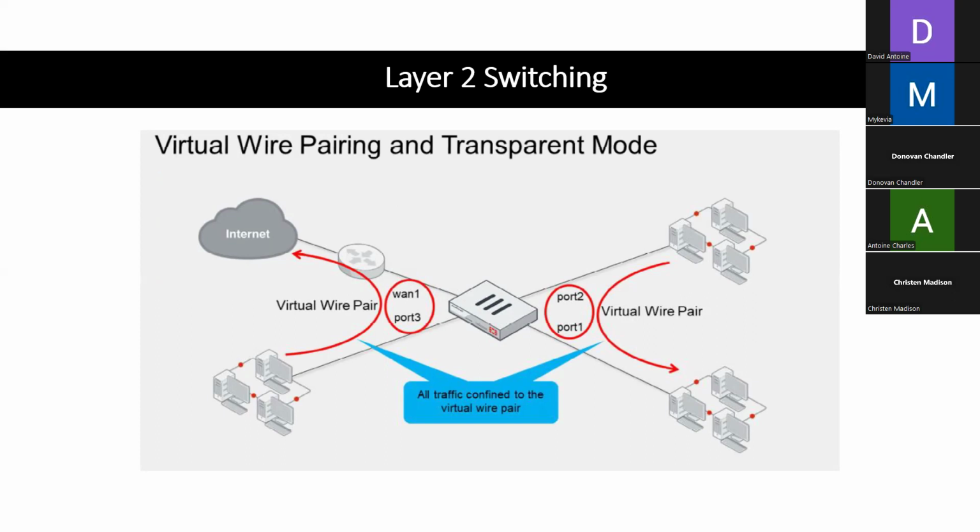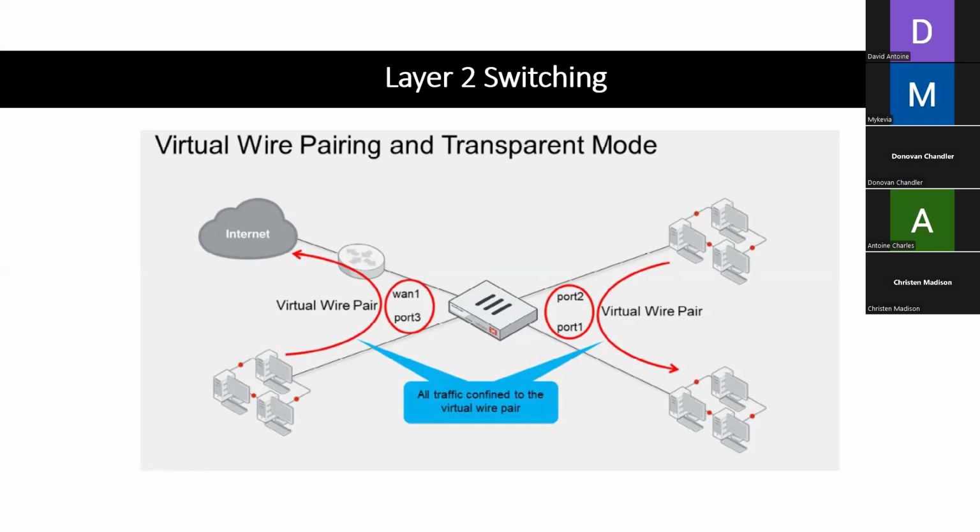We know that transparent mode for FortiGate means that the FortiGate is running at layer 2. So for this example, this is the FortiGate that Donovan set up, running in transparent mode. And he has 4 ports operating, each connected to different physical locations. But traffic is not allowed to flow between all four